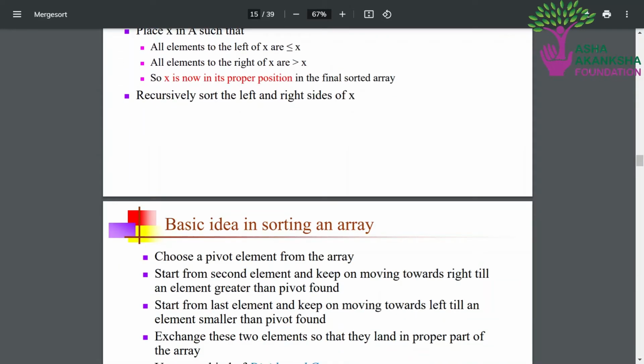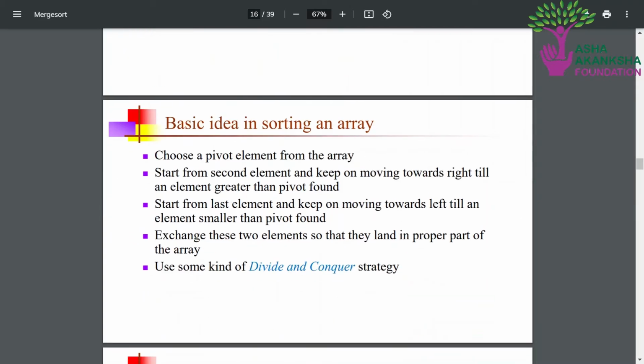So I guess you are able to follow me and get the basic idea of Quicksort. So let's try to break it down into steps. We first choose a pivot element from the array, and then we start from the second element and keep on moving towards the right till an element greater than the pivot is found. And similarly, we start from the last element and keep on moving towards the left till an element smaller than the pivot is